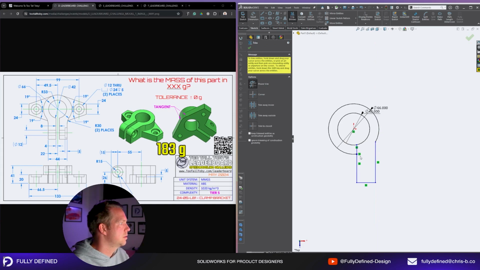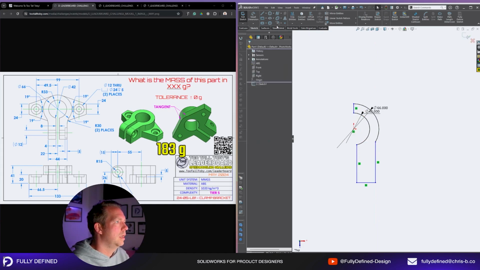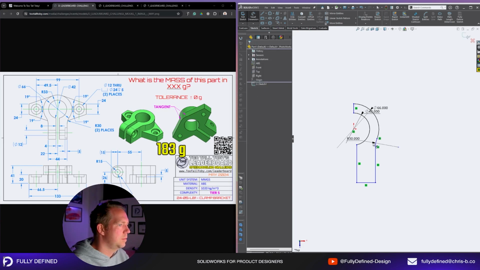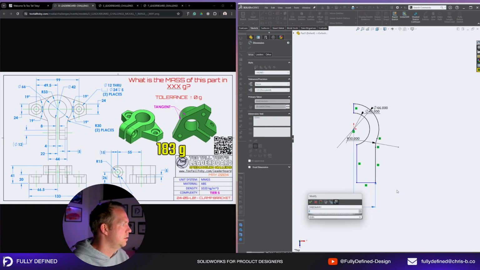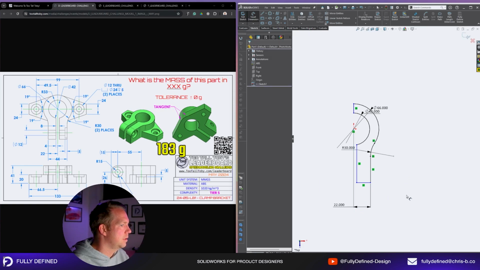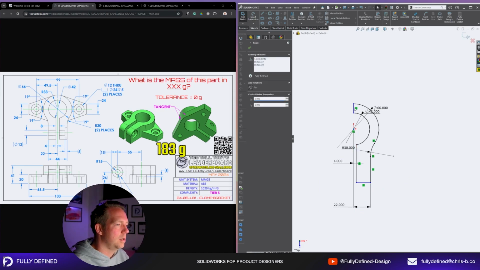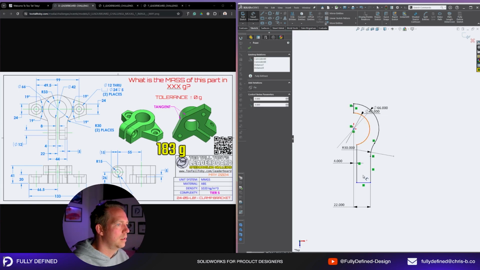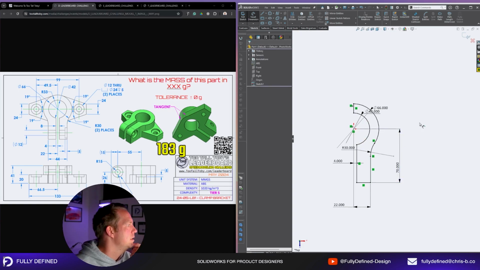So for instance, we are going to mirror it. All right, we've got to fill it in there for 30. We've got some dimensions here. It's going to be 22 and the gap is 8, so it's going to be 4. It's going to be in line, and then the length 55, 70 in the middle. Okay, so that's the first profile, and that's almost got everything you need in for that main